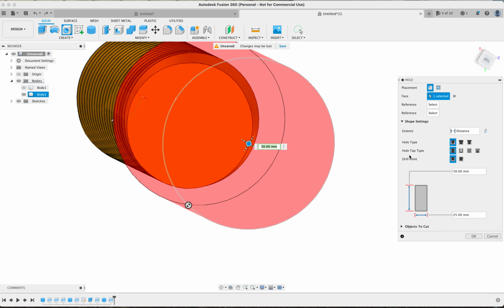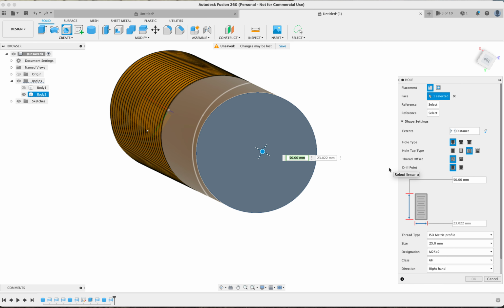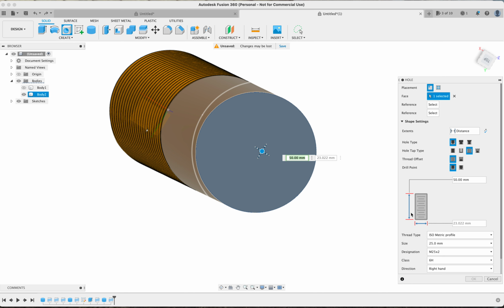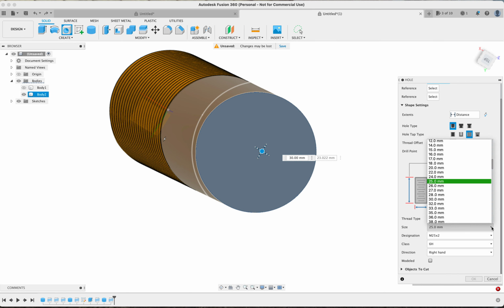We do the hole tap type as tapped, and then these two other windows will come up, and we leave them as they are. Now the depth of the thread is this one here, so 50 mil deep. You can choose whatever dimension you want. So we'll just go back to 30,